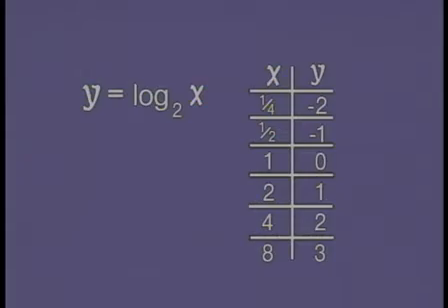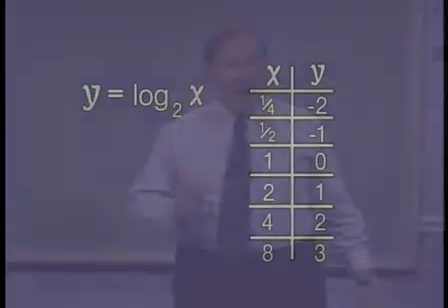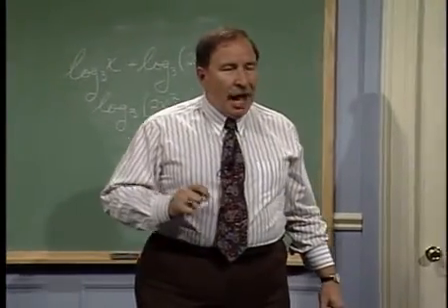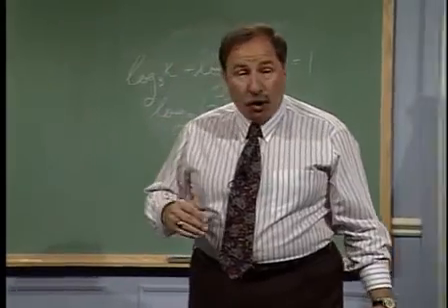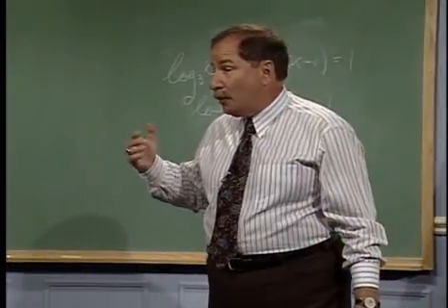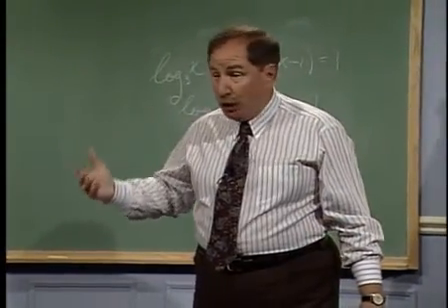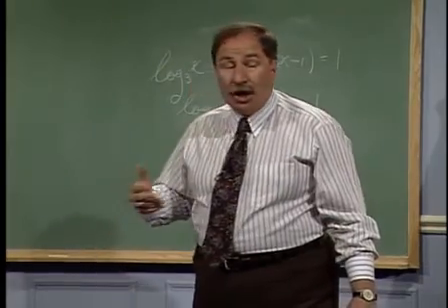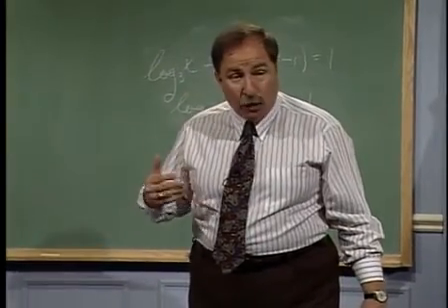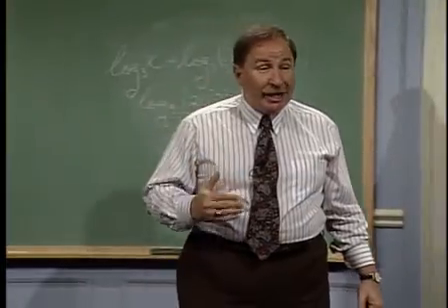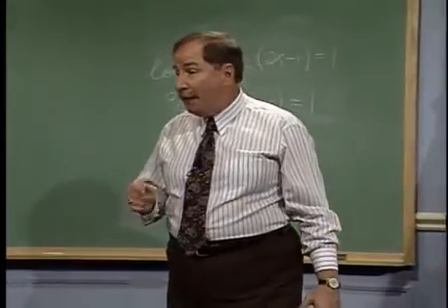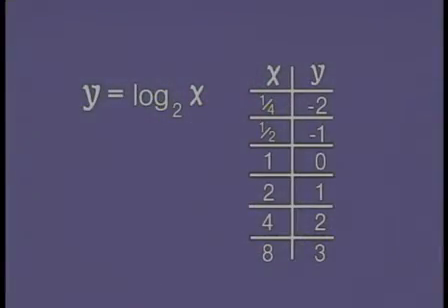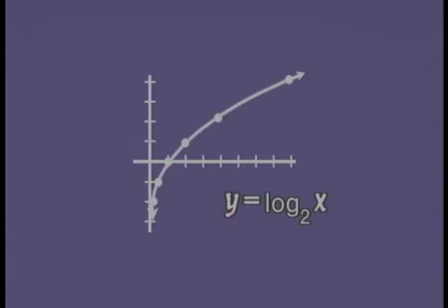If you have to graph a logarithmic function, write that function as an exponential function. And of course, you'll have x in terms of y, plug in some y values, and solve for x, and write the ordered pair x, y. Notice the x still is the first number, because when we graph these points, we're going to graph x and y. So in fact, let's take a look at the graph, which is on the next visual,